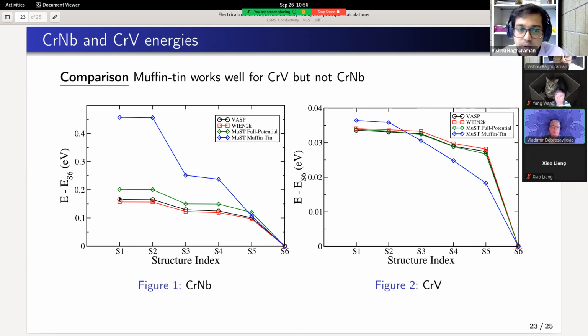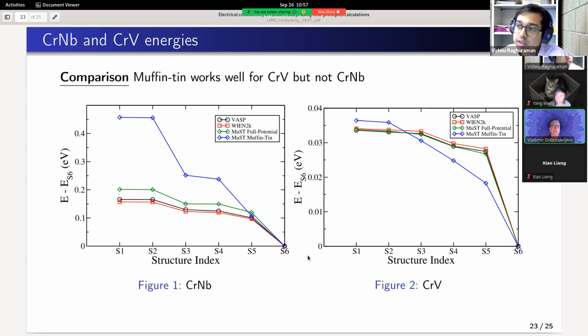There's a slight mismatch here of the order of a few millirydbergs, which I think is due to the semi-core treatment, but we've not really gone into that. But what we want to see is, why is this muffin tin working so well for one system and really badly for another system? And one way to try and understand that is to plot the potential. So in the full potential calculation, in the output file of MUST, it shows you the radial parts of the potential